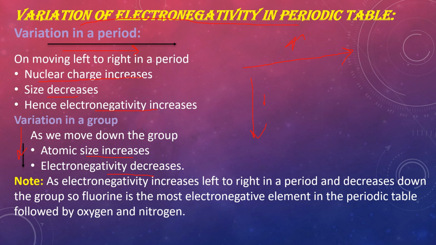As electronegativity increases when we move left to right, and decreases when we move down the group, you know that here, except the noble gases, the element that comes here is fluorine, which is the element of group 17. So this element has the highest value, because the value decreases going down and also decreases going in the other direction. So fluorine is the most electronegative element of the periodic table, followed by oxygen, followed by nitrogen, and chlorine is also having a similar value of electronegativity like oxygen. So oxygen and chlorine have similar electronegativities.